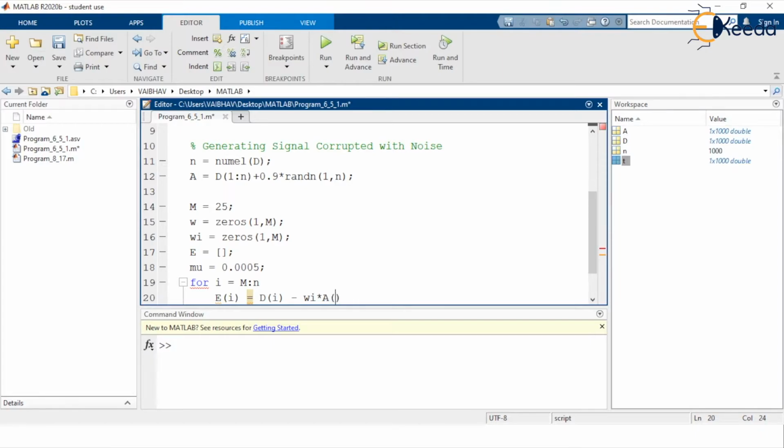So A, within the parentheses, we start at the iteration i with -1 as the step, up to i minus capital M plus 1, ending with a semicolon.